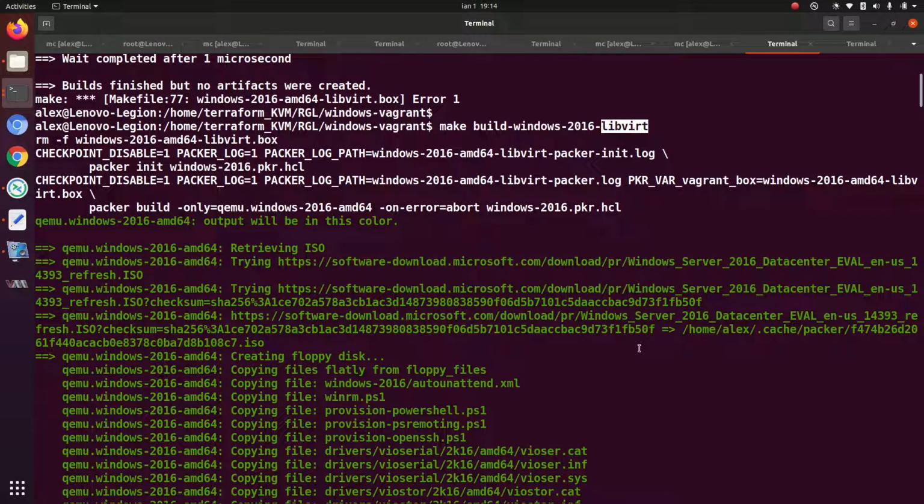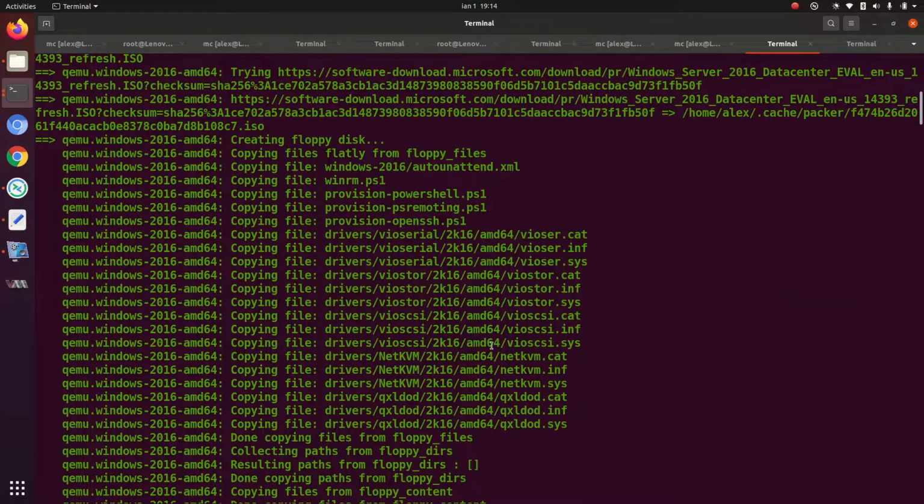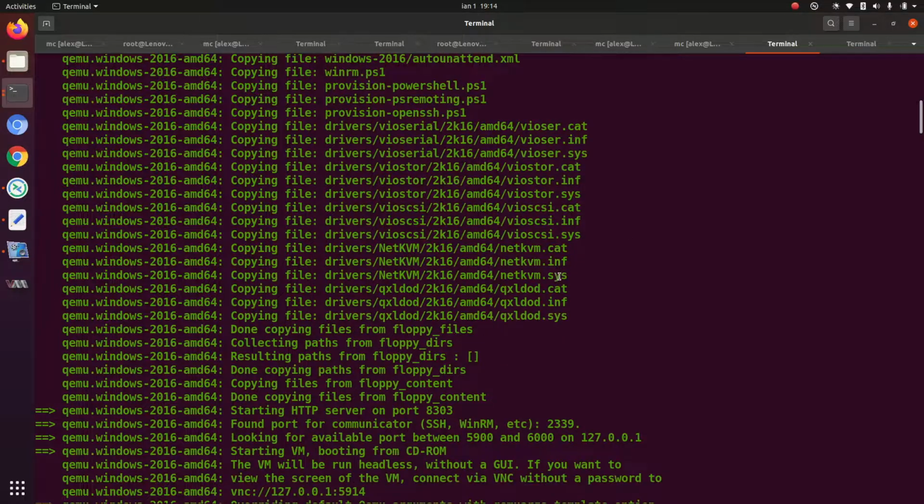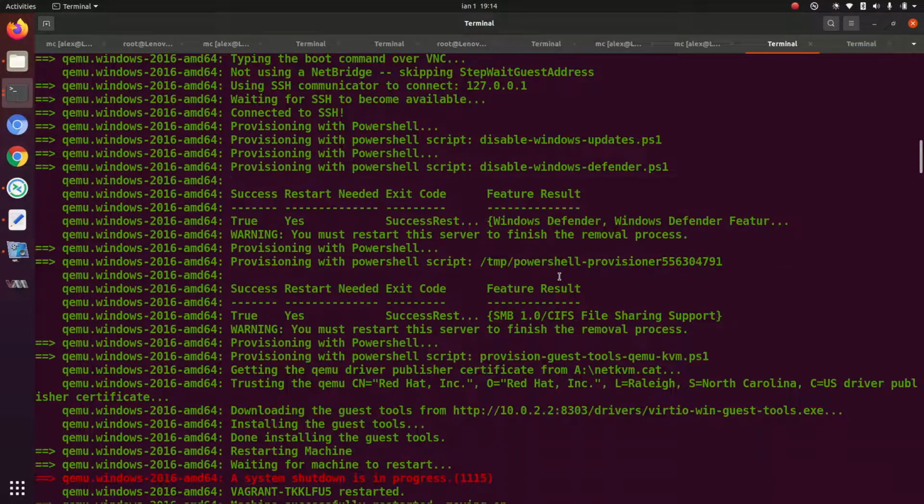So it's downloading the Windows Server ISO. It's putting a lot of files, drivers, and afterwards,